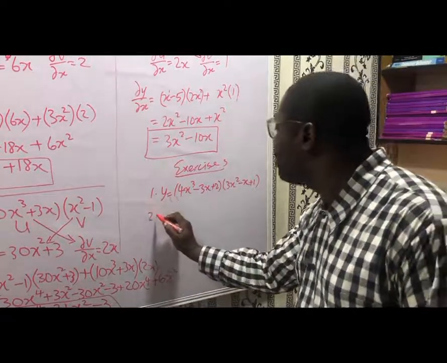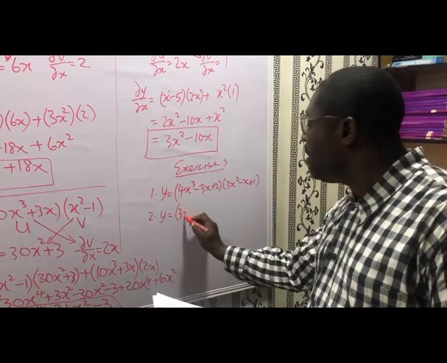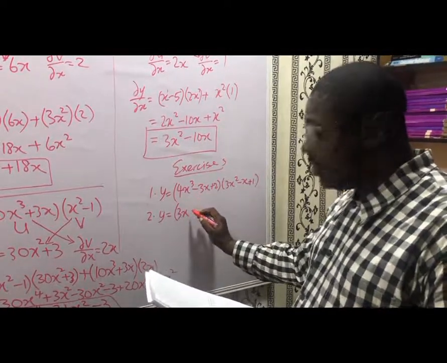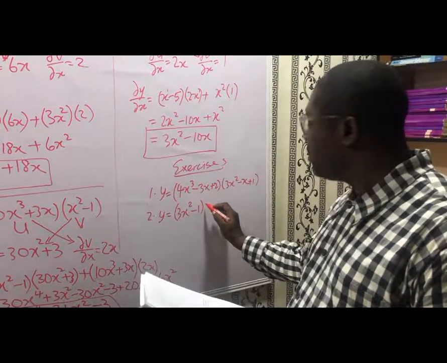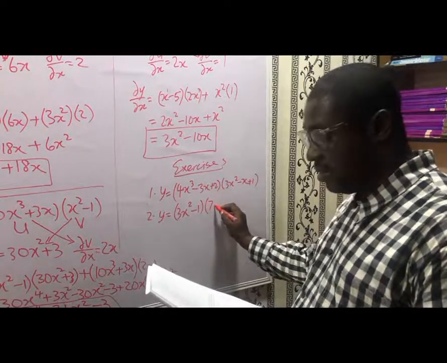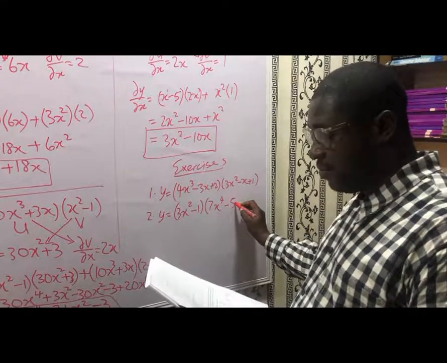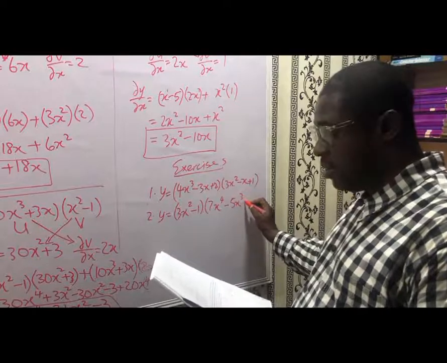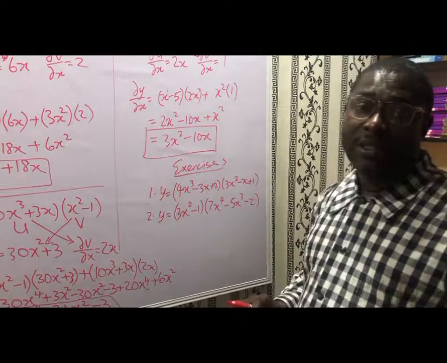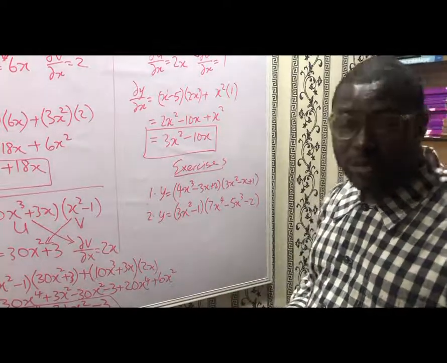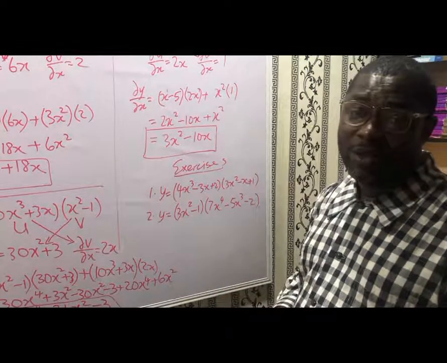Maybe another. Let me leave you with another one. Y is equal to 3x raised to power 2 minus 1 times 7x raised to power 4 minus 5x raised to power 3 minus 2. All right, please do this example